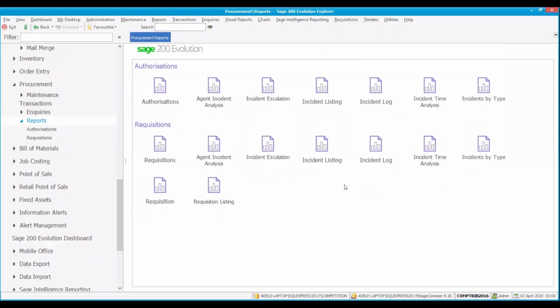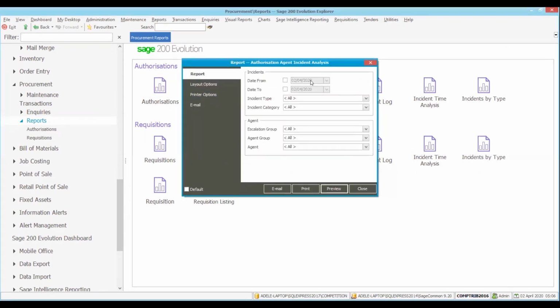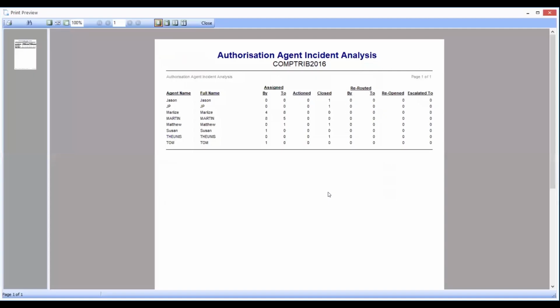The last report we can look at for procurement is also the agent incident analysis report. You also have different filters, the date from to, you can specify the incident type, the incident category, the escalation group if you have used escalation groups, the agent group, and the agent. For now, I'm not going to select anything. I'm just going to preview that you can see what you can find on this